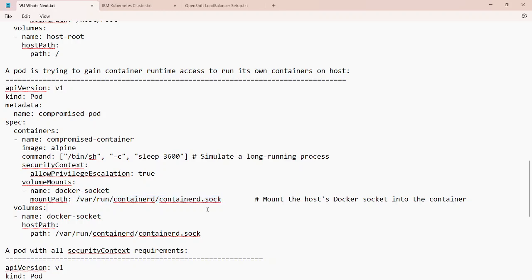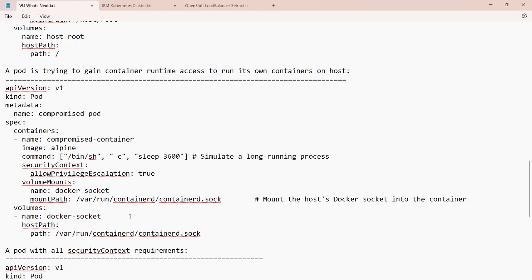You can install containerd and CRI tools and list all the containers running on the host, and you can create your own containers on the host by using the socket file. You can see everything. You can even destroy the existing containers running on it. So this is an advanced level of privilege escalation that can be misused by someone who has access